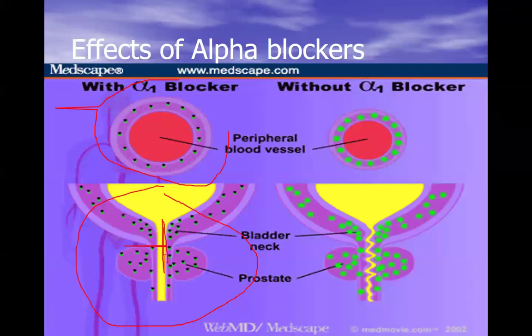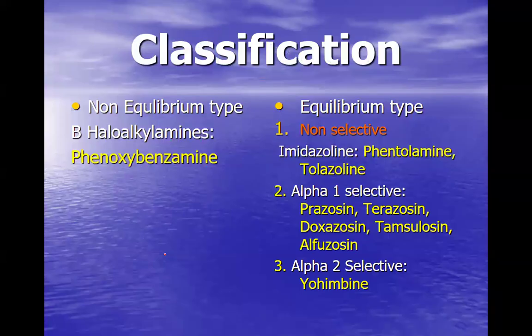flow of urine. Now, coming to the classification, these drugs are classified into two categories: the non-equilibrium type and the equilibrium type. The non-equilibrium type, or the irreversible type, are beta-haloalkylamines, where the classical example is phenoxybenzamine, and the equilibrium type are non-selective, which could be imidazolines such as phentolamine or tolazoline. They could be alpha-1 selective, such as prazosin, terazosin, doxazosin, tamsulosin, and alfuzosin, or they could be alpha-2 selective, such